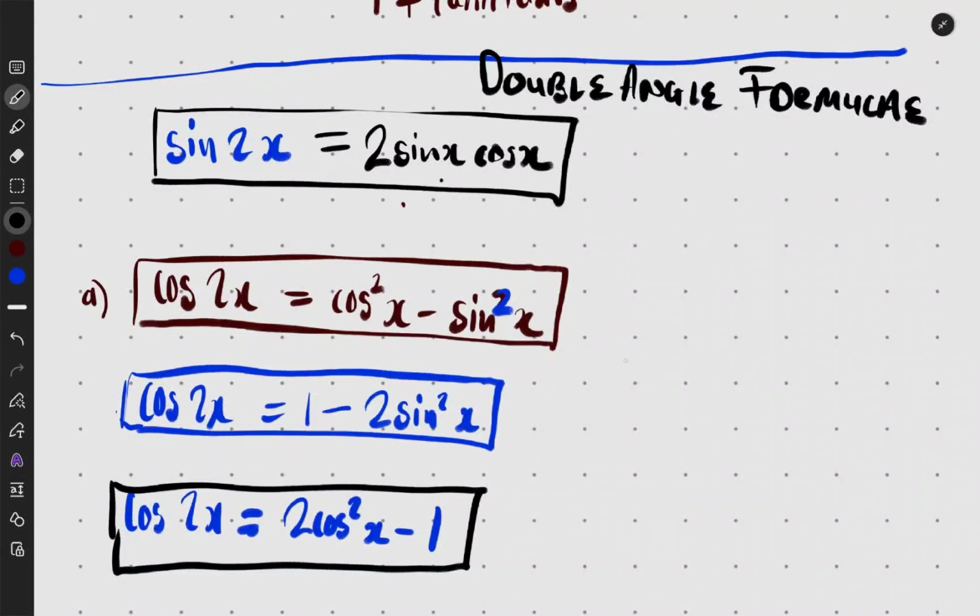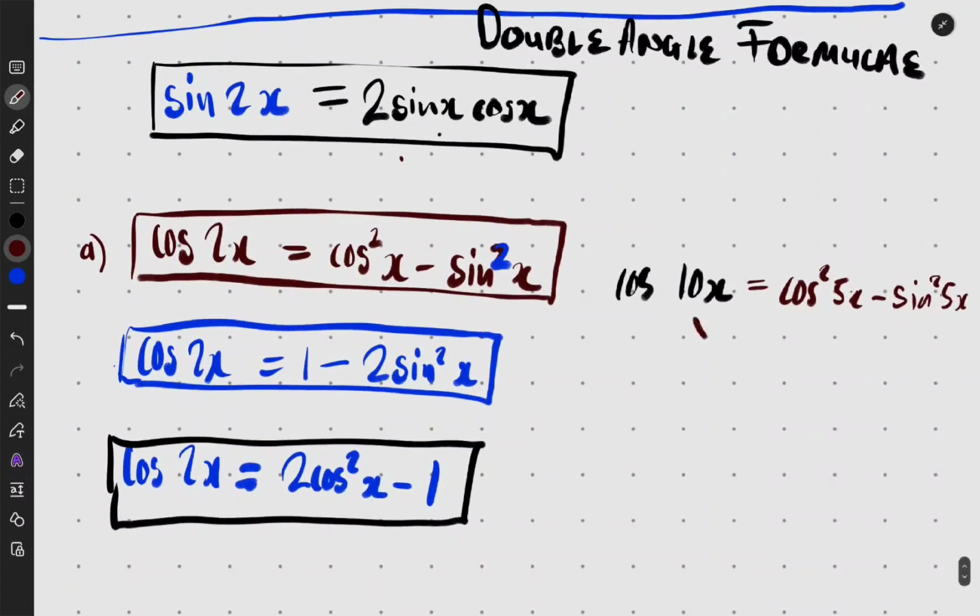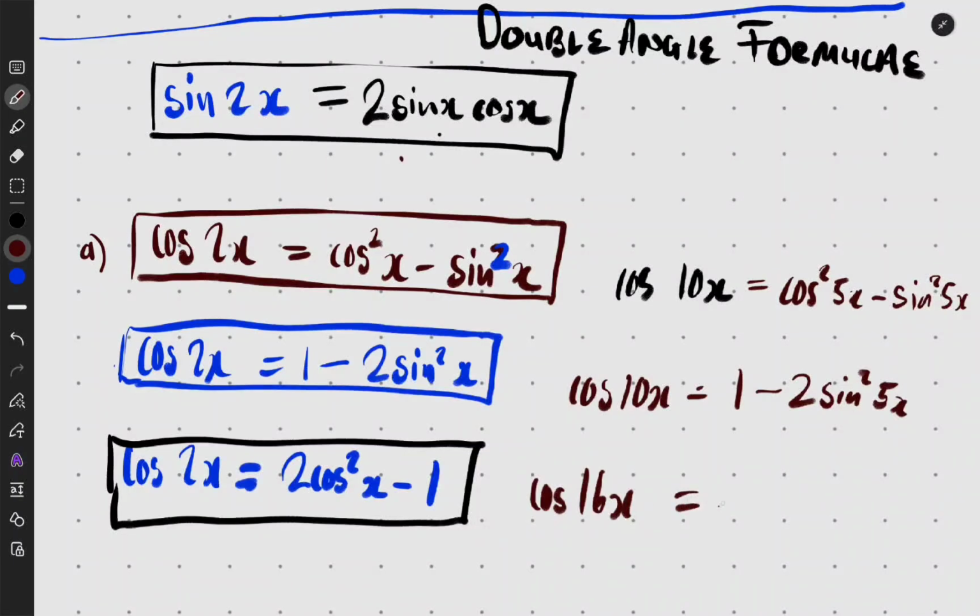You get it? If you had a cos 6x or 8x, or cos 10x, then you'd be saying this is going to be, what can you say? You can say cos squared 5x minus sine squared 5x. You just half it as you go to the other side, because this was the double angle. Then here again, for cos 10x, we can also say it's 1 minus 2 sine squared half of 10x, which is 5x. Then it's the same if we had, say, cos 16x. This is going to be 2